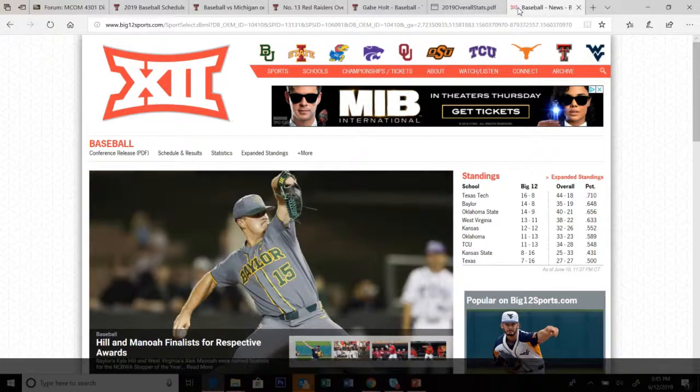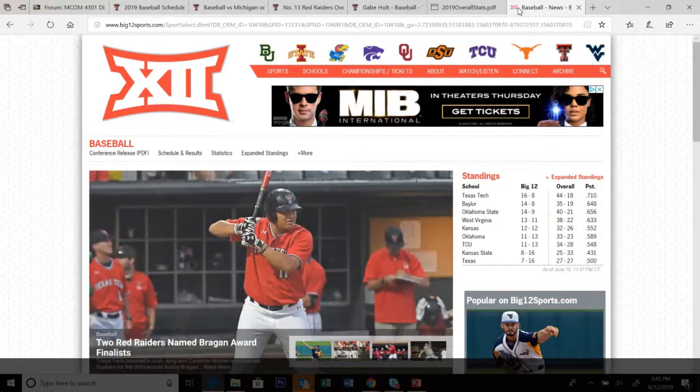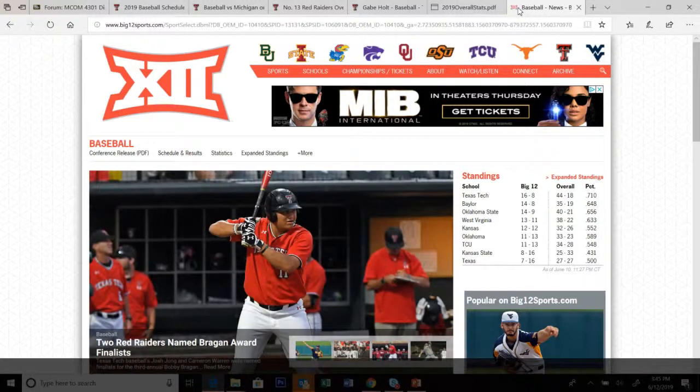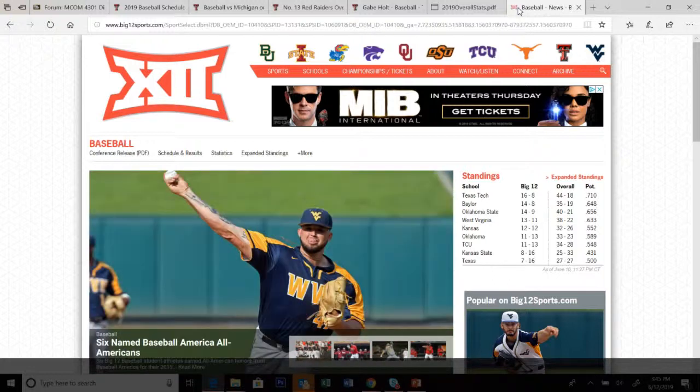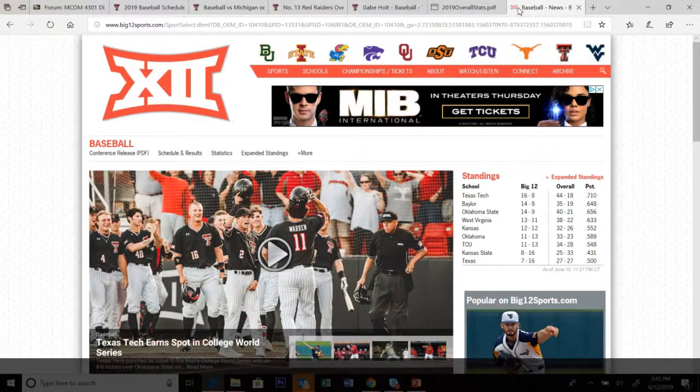Florida State is playing for a coach who's in his final year as the head coach of Florida State. He's been there 40-some-odd years, never won the College World Series. They weren't expected to go this year, and they're now playing kind of with a purpose, a mission to help out their head coach. Auburn is a team kind of like Texas Tech.